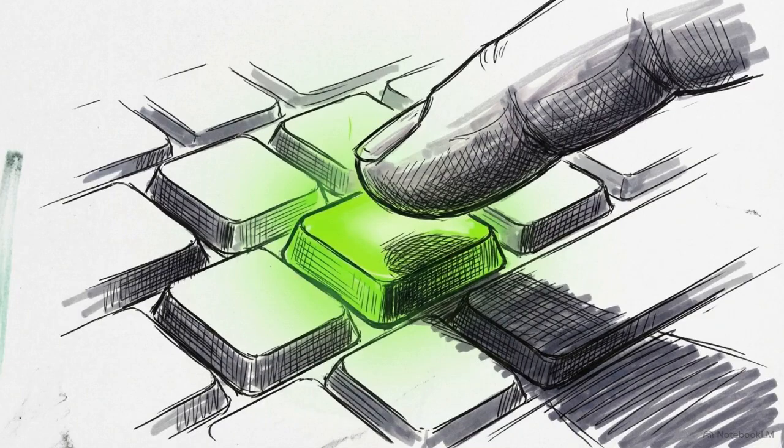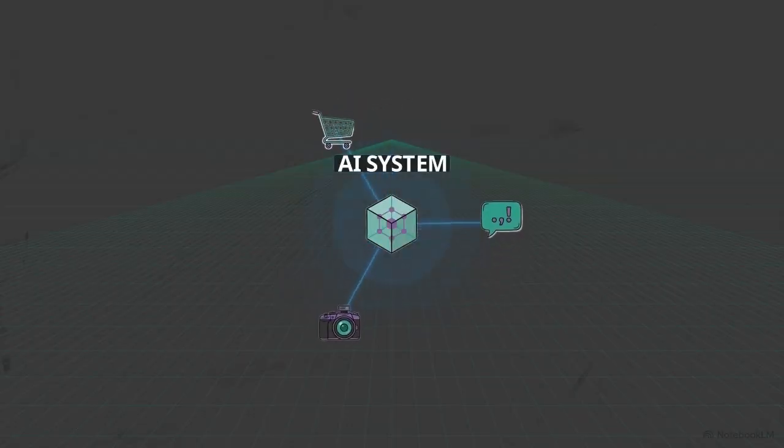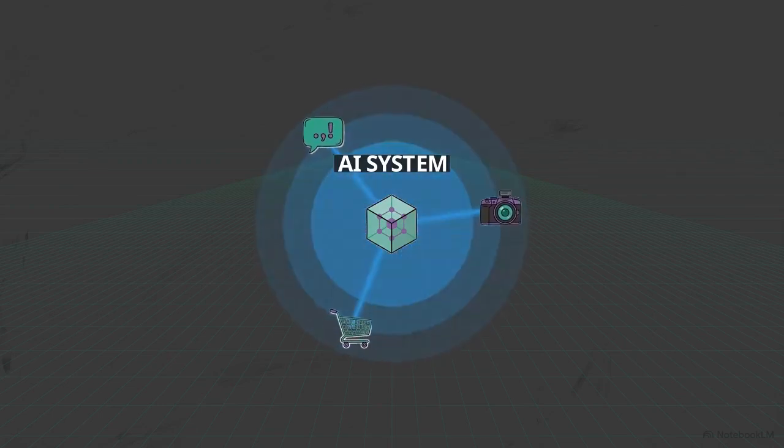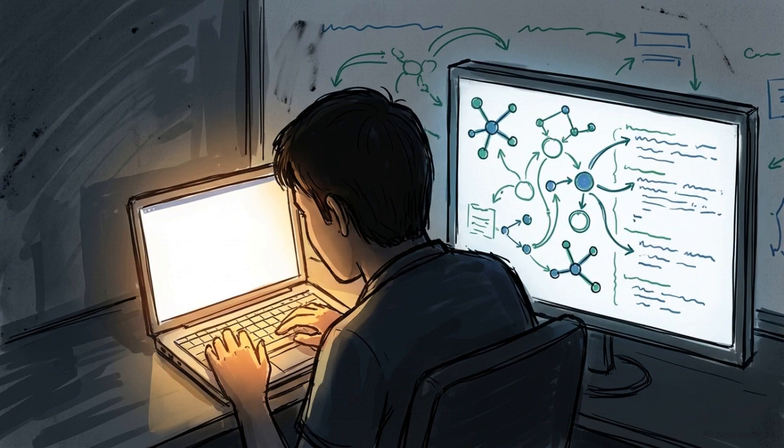But here is a reality check. Knowing which buttons to click is just the first step. To handle different products and changing client demands, you need a foundation in how these AI systems actually function. That is what turns a one-time gig into a reliable technical skill.